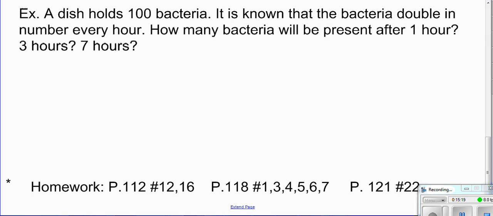Okay, the last type of question we have is an exponential growth type of question. So bacteria grow exponentially. So unlike when you were made and you needed your mommy and your daddy and a whole lot of love in the room and a little bit of God,